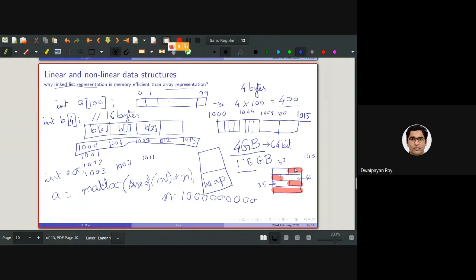So I hope all of you have at least once seen the defragmentation tool available in your Windows operating system that defragments your hard disk. So the defragmentation means all these free memory locations are taken together.